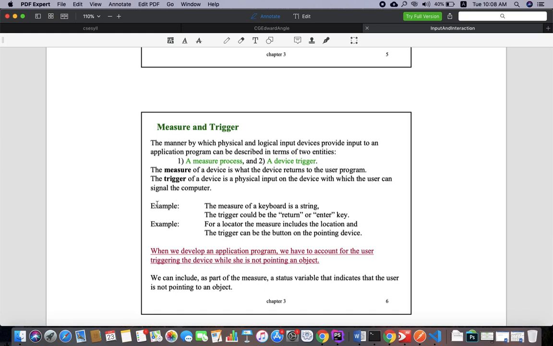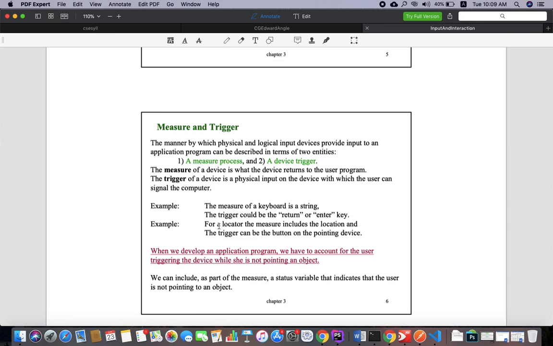As an example, the measure of the keyboard is a string, and the trigger could be a return or enter key. Imagine in a C program, it says enter your age, you enter 37, and that 37 is the measure. Then you hit the enter button, and that is the trigger.